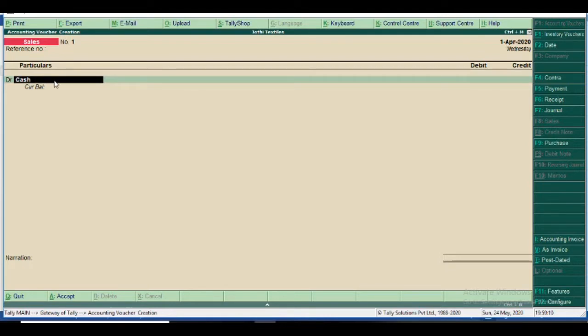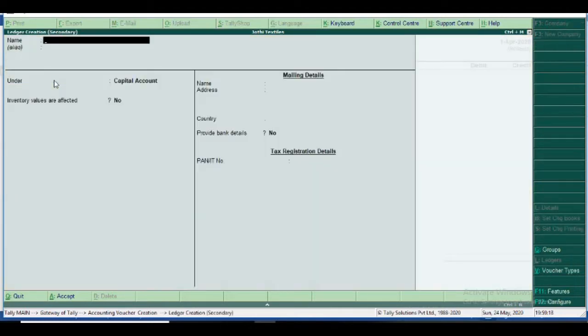This box is the ledger box, so I press Alt C, and ledger creation comes. The ledger creation secondary screen comes. The primary and secondary have no difference. Okay, directly is primary, via shortcut is secondary.